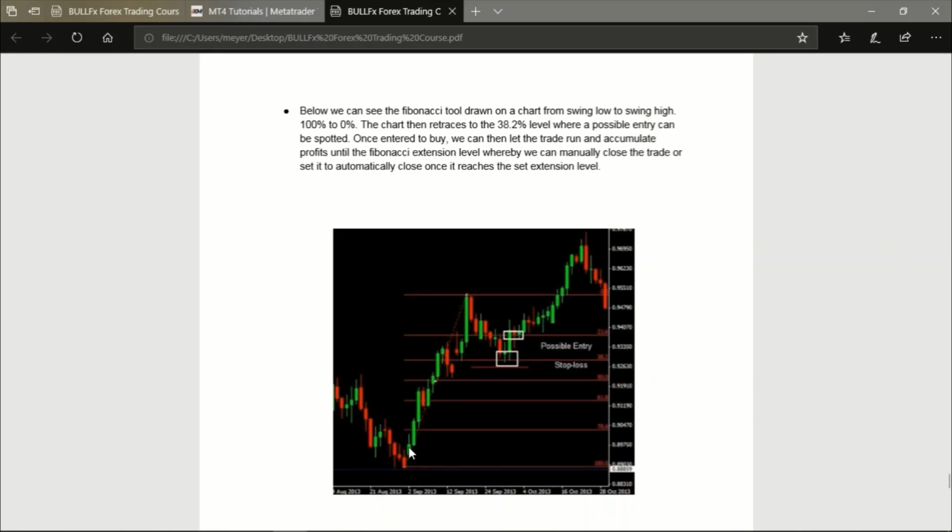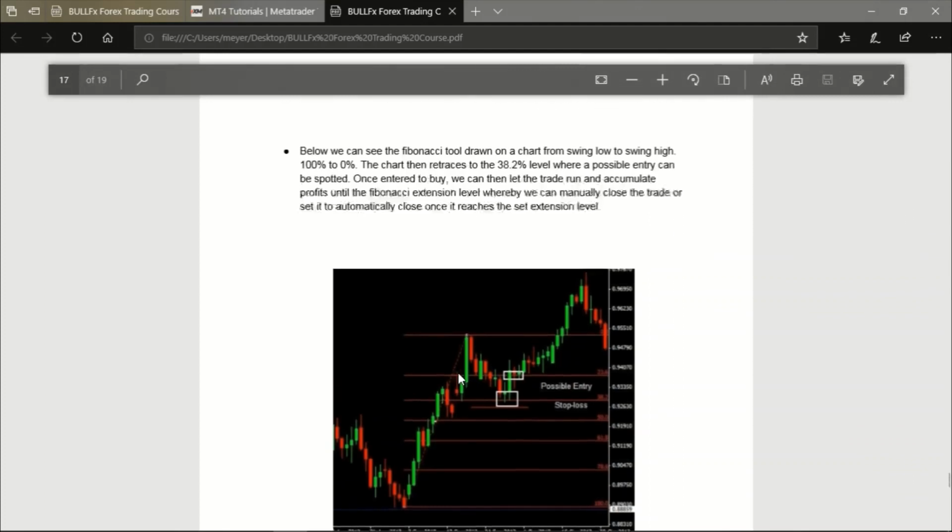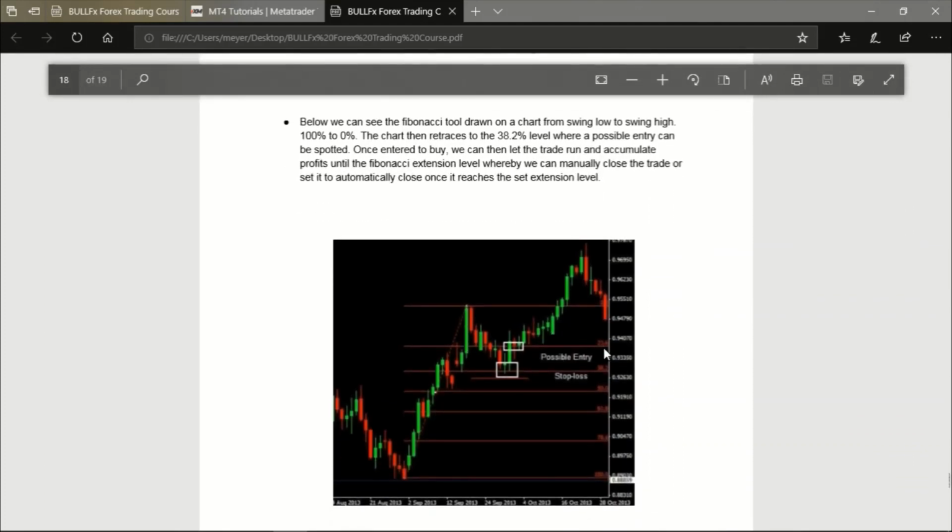Once we've identified wave 1, we use the tool to draw it on wave 1. We would do it from the low point to the high point, because as we can see we have identified an uptrend. So we would take the tool, click on the low point, and drag it all the way up to the high point. And then we would have the tool on our chart. As you can see over here, if I zoom in a bit,